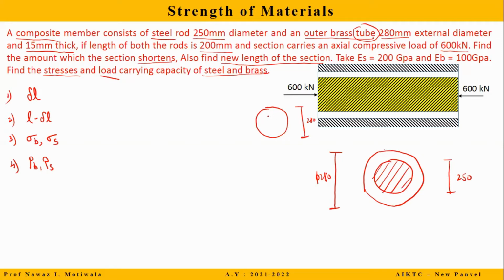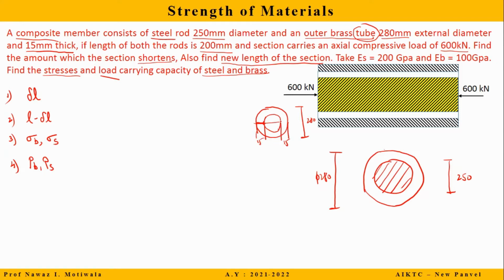They are giving the thickness of this tube, and thickness is measured only on one side. This thickness is given as 15. So let me make a circle here with this thickness. Okay, so this is a circle. If this thickness is 15, here also the thickness will be 15 because it is a uniform circle. So this 15 and this 15 will go off.